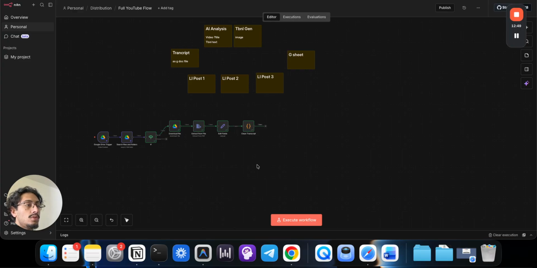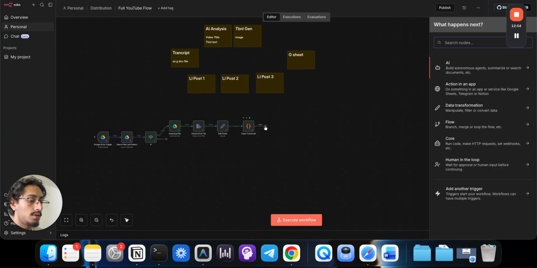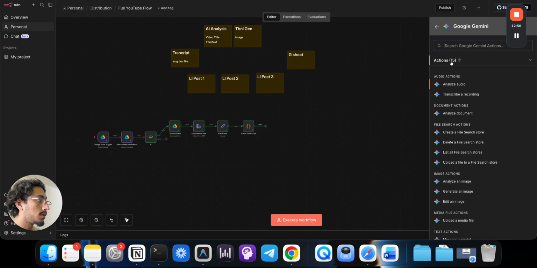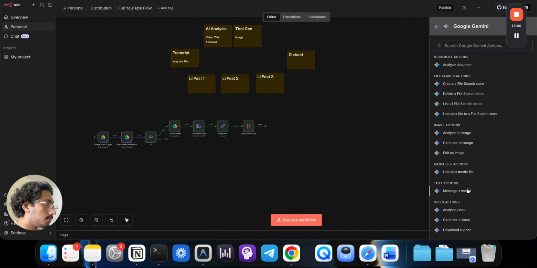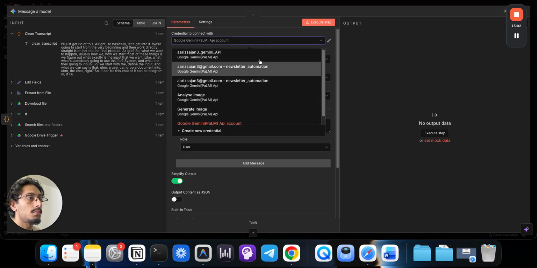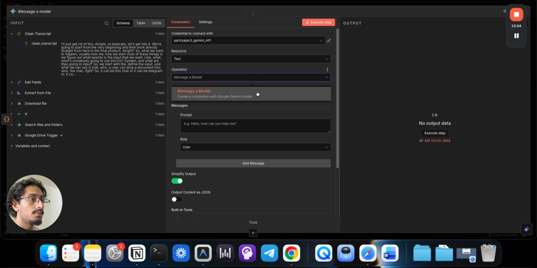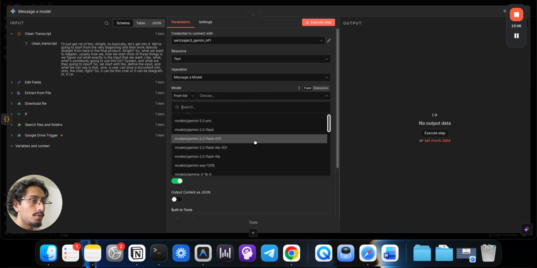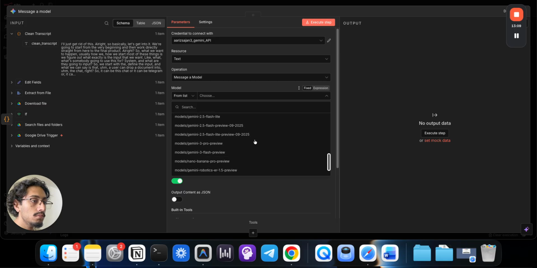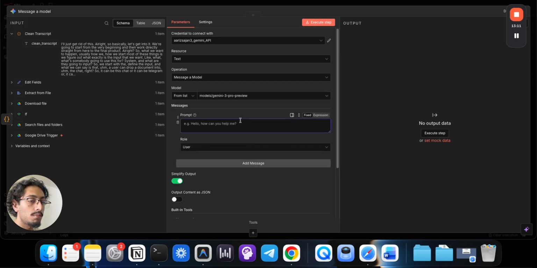Now we need to do the actual AI analysis. So I'm going to go here, and I'm going to go to Google Gemini, and I'm going to find Message a Model. I'm going to pick my account. I'm going to use Message a Model. I'm going to pick 3 Pro Preview. I'm going to go to Prompt, and I'm going to say